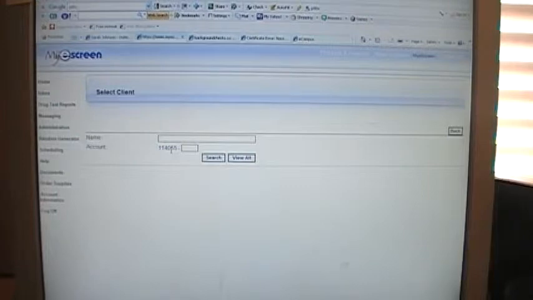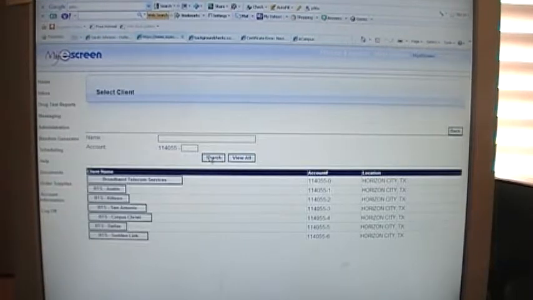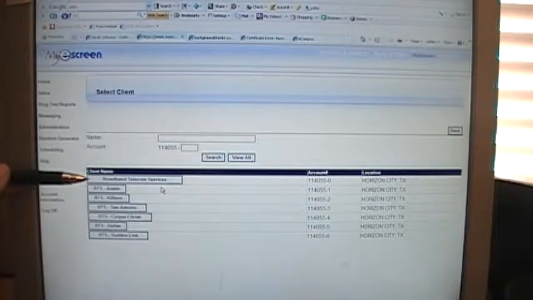This name is not asking for the applicant's name, it's asking for broadband telecom services. Don't type anything in here, just click on the search button, and then at this point you have some different choices. Historically we've used the broadband telecom services, the big tab, and put everything in that same bucket, if you will, but for billing purposes and tracking for our budgets and making sure that we're on target,